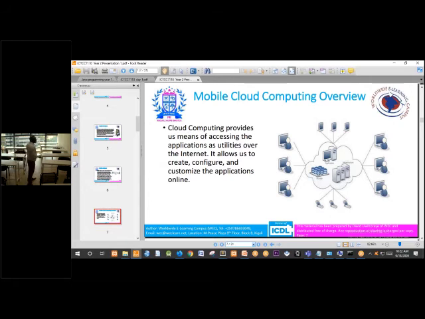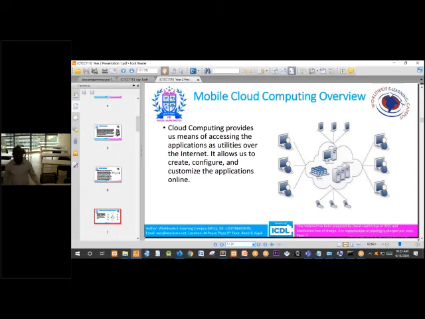So you understand why cloud computing was initiated: these mobile devices do not have big memory space or a big amount of hard disk to store everything we need, but they can access these cloud computing services online.